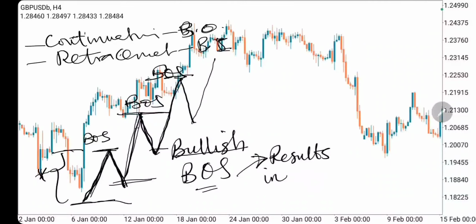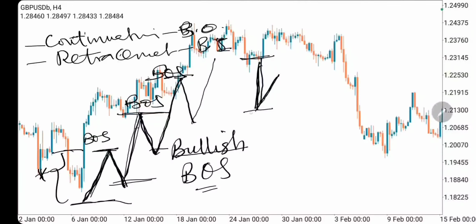Now let me also, beside it, show you the bearish break of structure. For a bearish break of structure, you have the market sell down. As it has sold down, it retraces or rests. This is the high, and this is the low. So the market breaks, sells down, giving us a bearish break of structure. The market also does some form of rest phase, which is also a retracement. You have another price range. The market further breaks that price range in a sell, giving us bearish break of structure number 2.